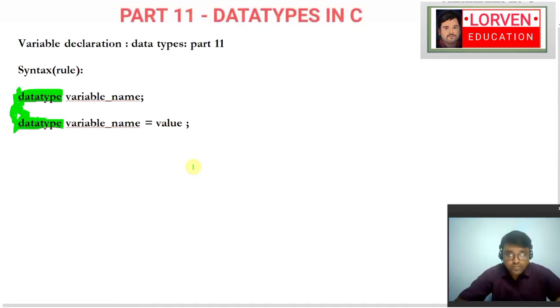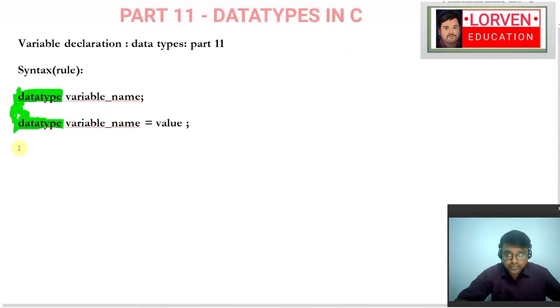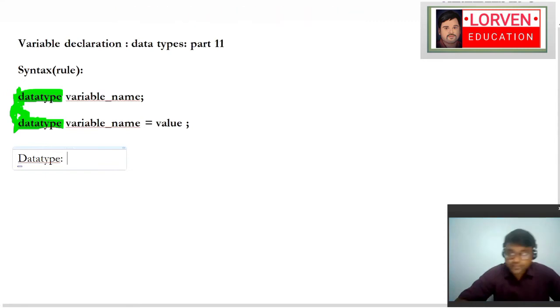Now we will be defining the term data type.